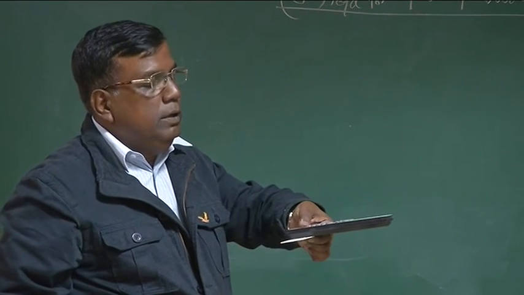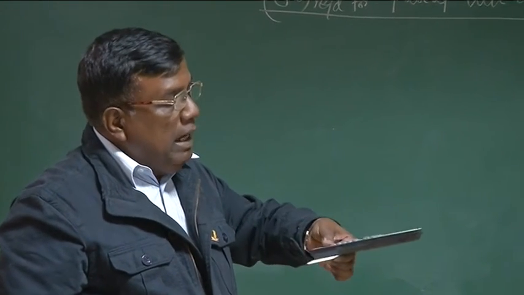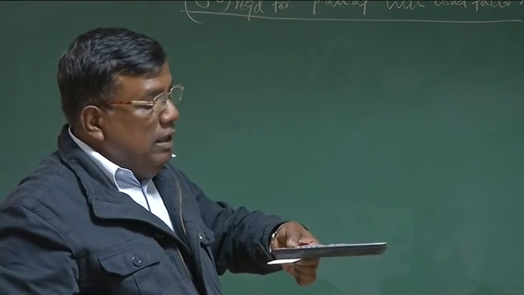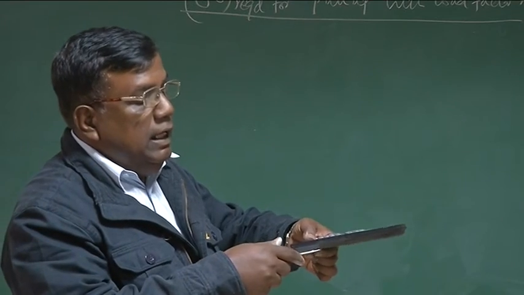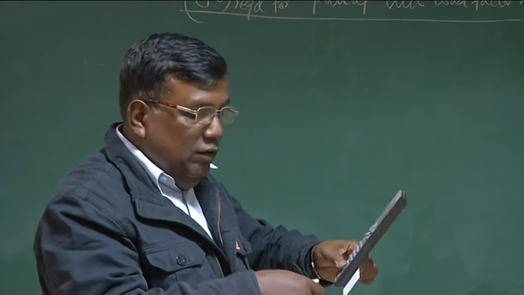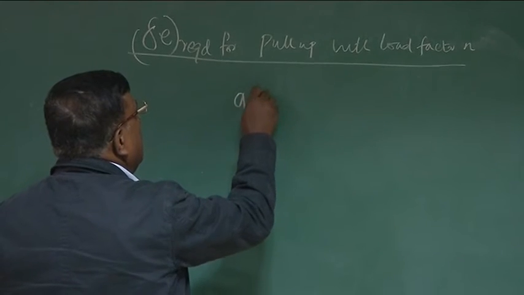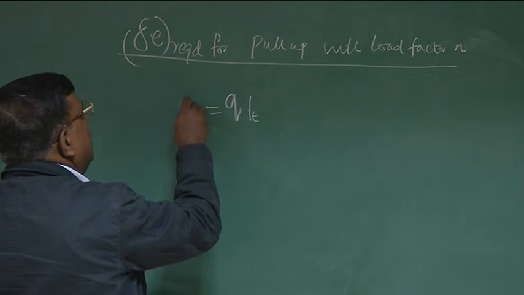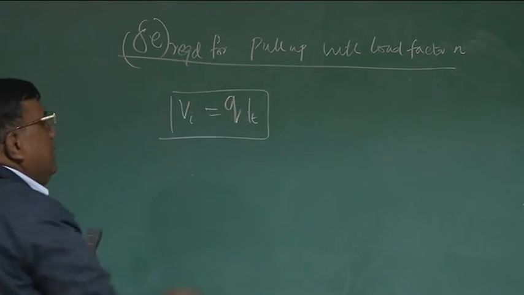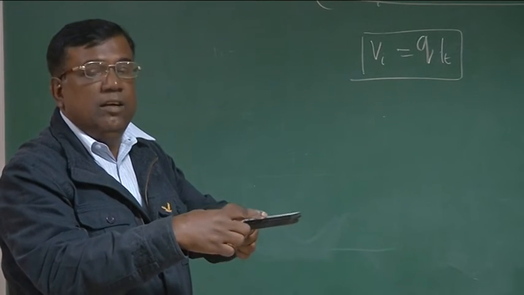So I'm going in a cruise, then I have to pull up, which means I have to generate a Q, so I will do like this. The moment I'm giving a Q, and this Q is proportional to whatever load factor I want, what is happening? This tail is going downward about the CG. So it will be seeing an induced air component, which is Q, LT. This is the induced V, relative airspeed, right? This is going Q up, it is going down. LT is the distance between CG and the AC of the tail.